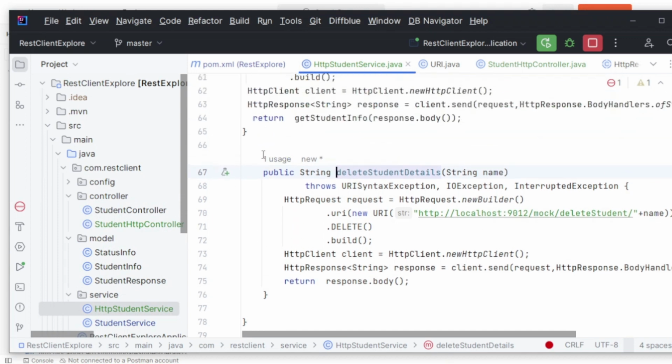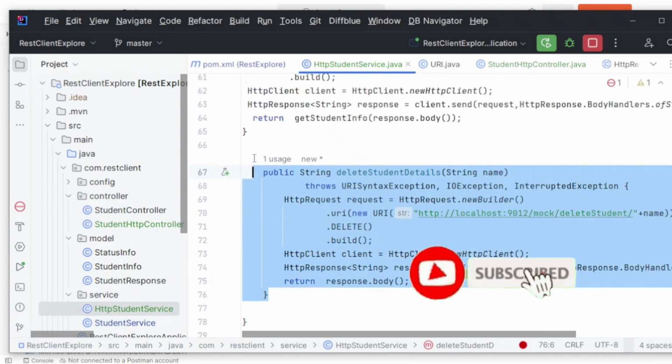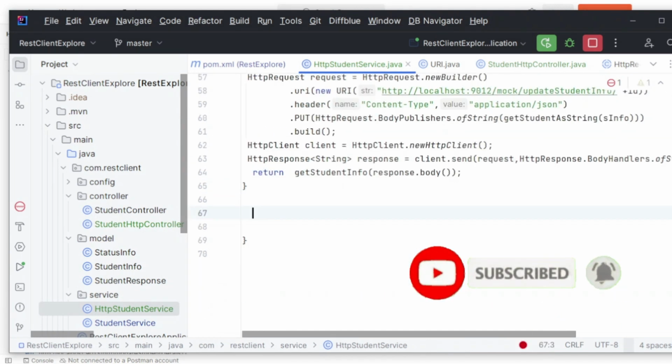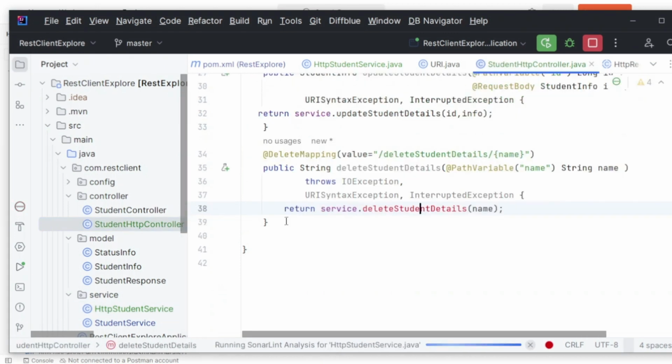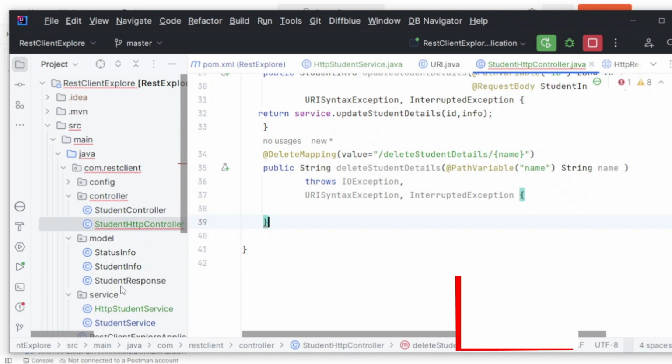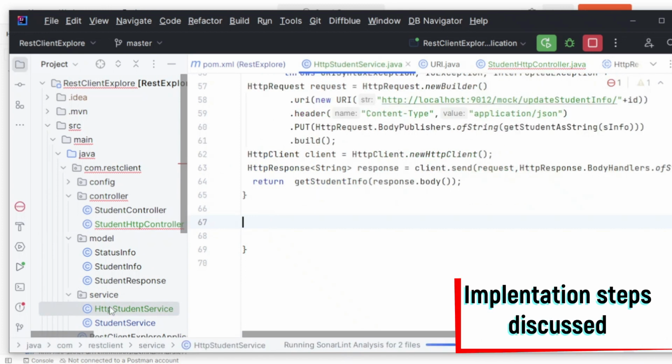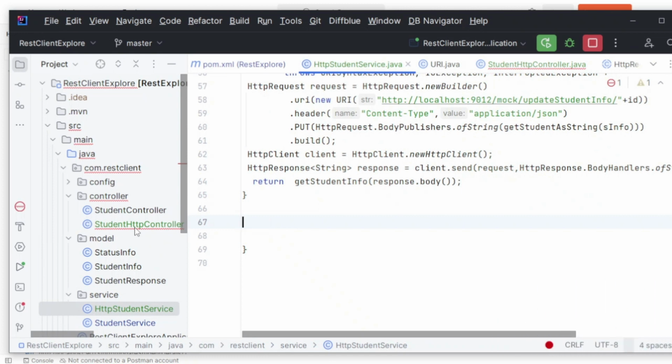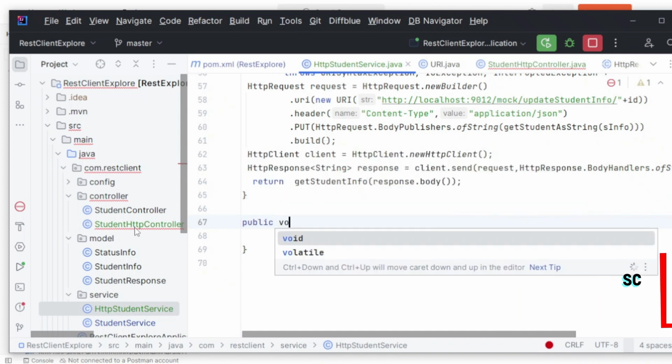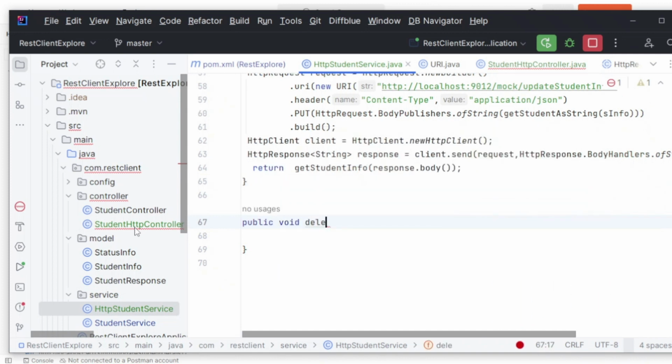I hope you guys have understood the project structure and all those details as of now. So basically, I'm trying to add a reusable method in HTTP student service and also a controller in the student HTTP controller. I'm going to put the GitHub link in the description so that it's easy for you guys. So, public void delete